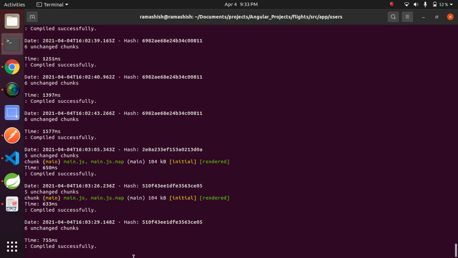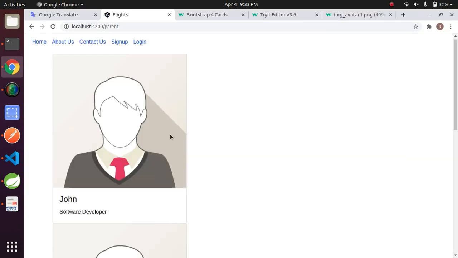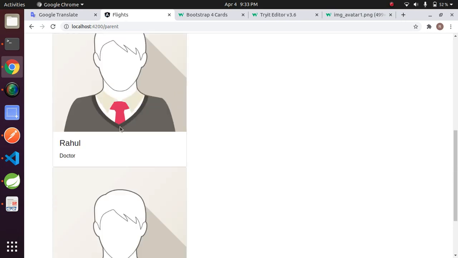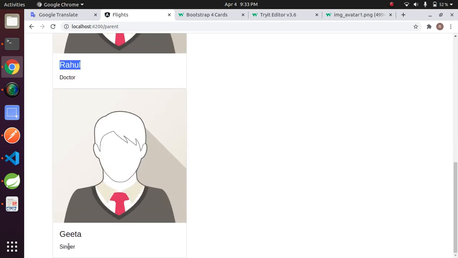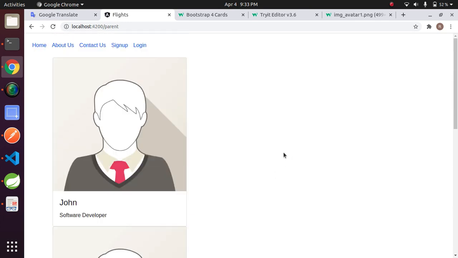Compile the application again. It's compiled. Refresh the page, and if you look here, the child component loaded three times: John, software developer; Rahul, doctor; and Geeta, singer. This means our parent to child communication is working fine. Now the next step is